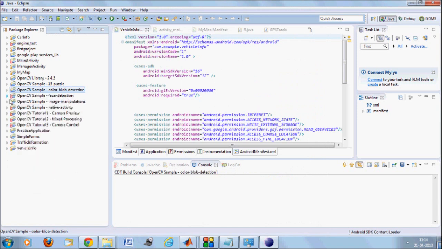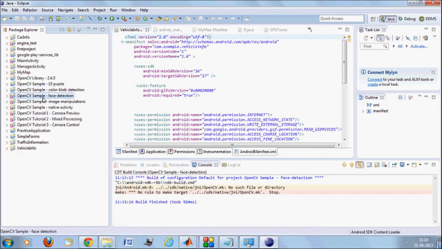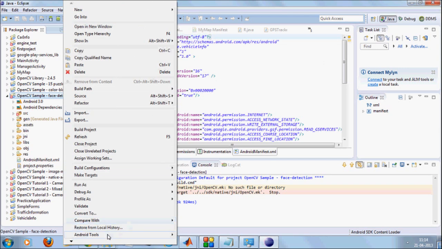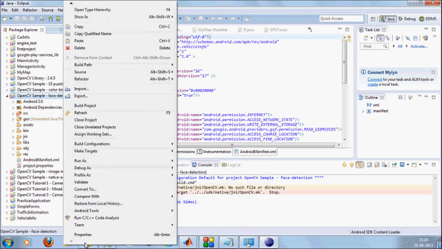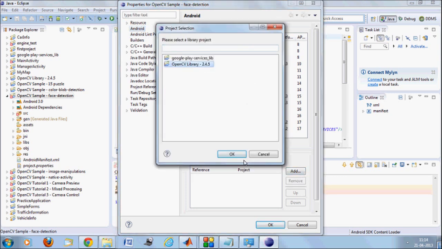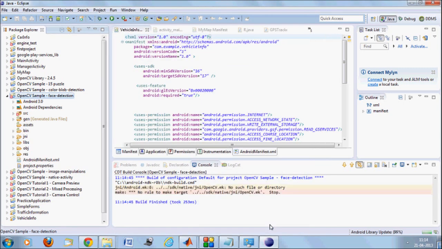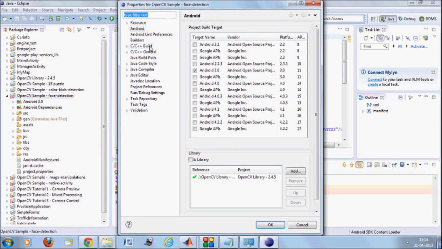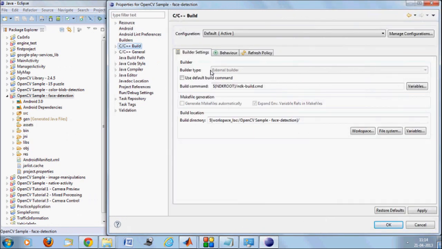Now this is more of a critical problem, because face detection uses some native C++ code, so there are two settings that you should do here. We'll go with properties, Android. First we'll fix the Android problem. The Android problem is fixed. Still you'll see that there are some errors. Now next thing we'd be interested in is fixing the C++ settings. You see